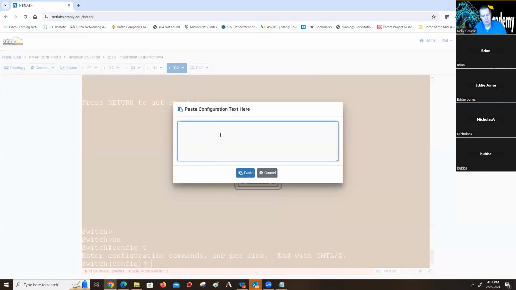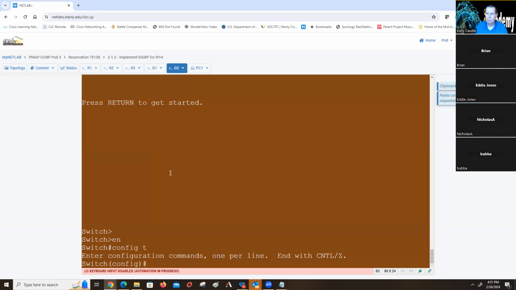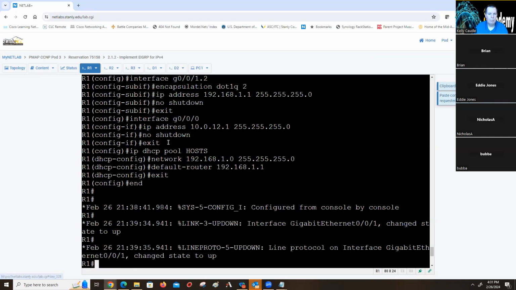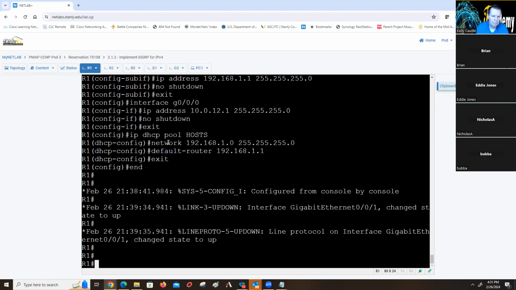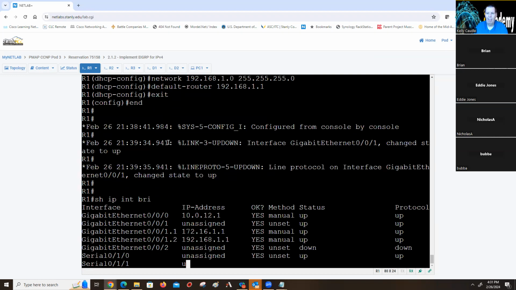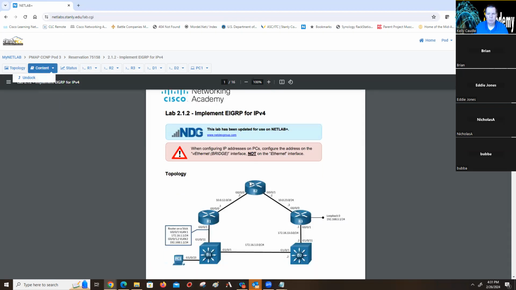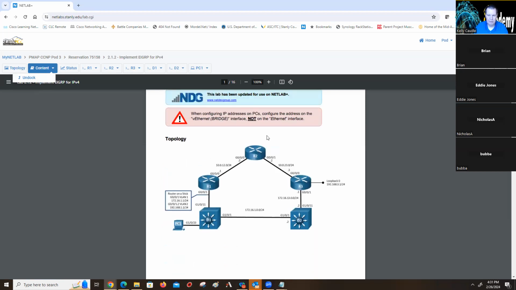All right, so I'm getting ready to have all this pasted in. The main thing I want to do here is a show IP interface brief. Let's make sure our interfaces came up. And they did. All right. So looking at our lab, we've got this configuration here, and we're going to configure